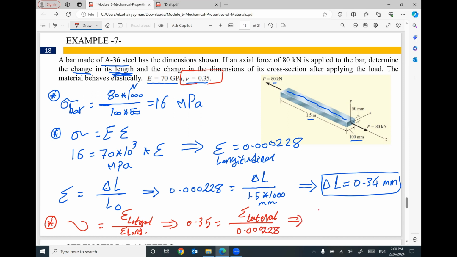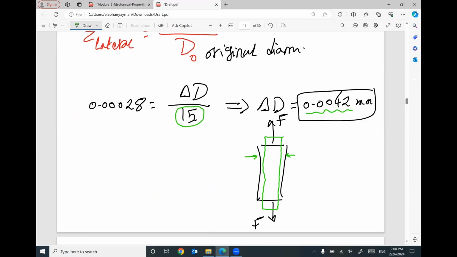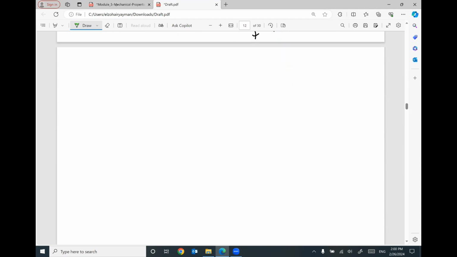So I can figure out the lateral strain, which will equal 0.00079. So the lateral strain equals 0.00079. Keep in your mind, this lateral strain